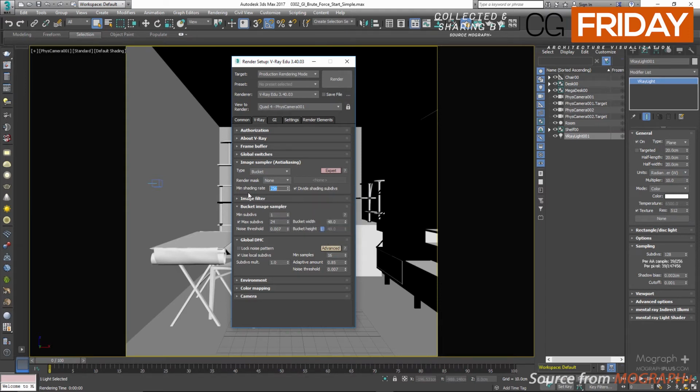So if you know V-Ray and you know your way around it, don't accuse me of ignorance for increasing this number that high. Right now I'm just having GI, no other effects, no materials, so these extra rays are going to be used with GI. For now, and we'll be discussing image sampling in detail in our next section, let's turn off use local subdivs and